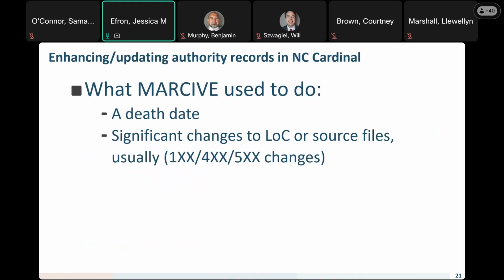Okay. So if you're ever enhancing or updating the authority record itself, you need to be very careful. Marchive used to do this based on a perfect 010 match for Library of Congress, and that's just an authority number that LC subject headings use. So Marchive used to do it based on a perfect text match and